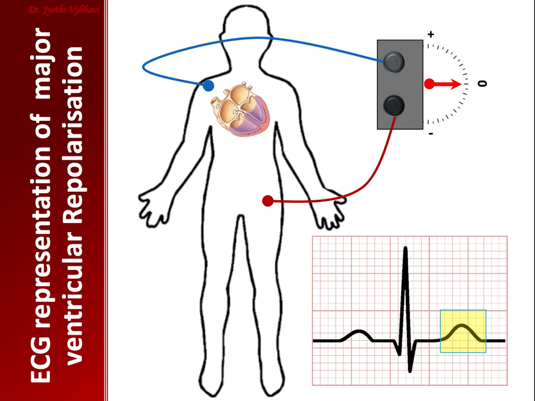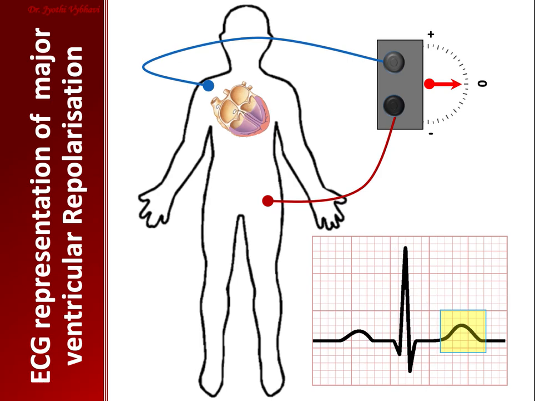And my second question is that during ventricular depolarization there are three vectors, right? We learned there is the Q wave, R wave, S wave: septal depolarization, major ventricular depolarization, then basal ventricular depolarization. And when I am talking about repolarization, I am showing just one vector. How is that possible? Why is there only one wave of repolarization, whereas there are three waves of depolarization?